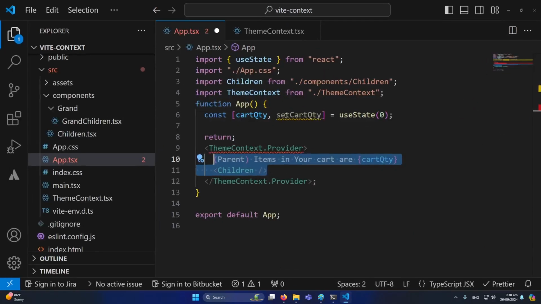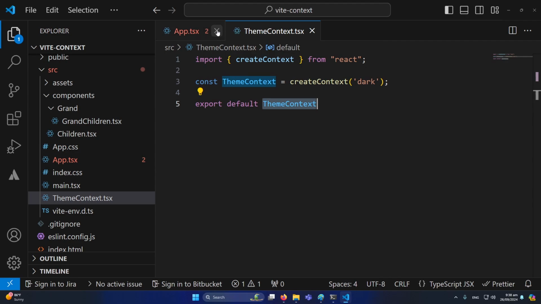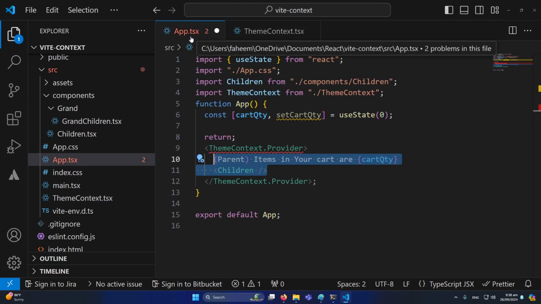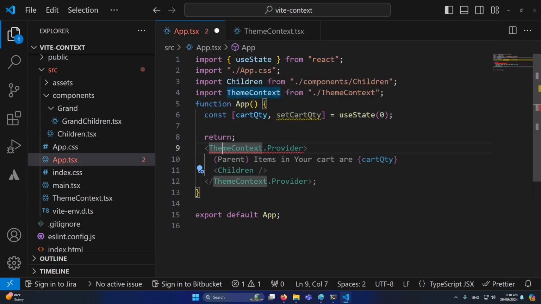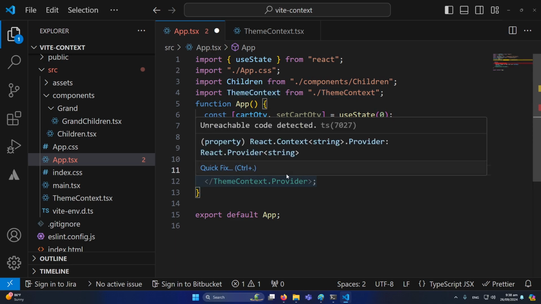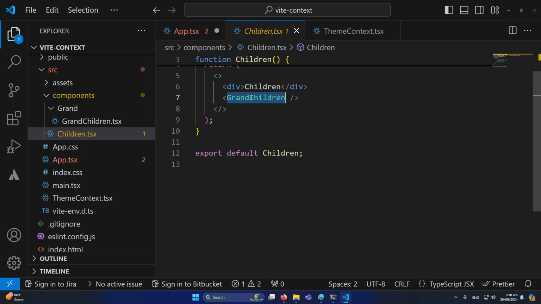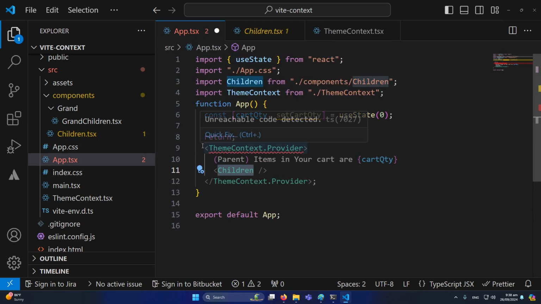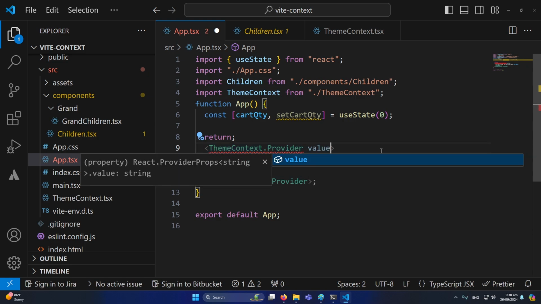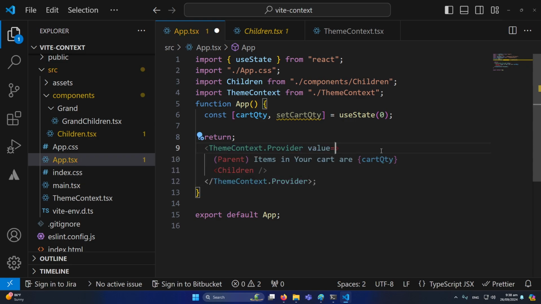So the first step was we have created a theme context. We have imported this in our app.tsx, and then you need to type here theme context dot provider. You need to wrap your children in which you are importing your other children. Like inside our children component we are importing our grandchildren, so we need to wrap this in theme context dot provider. The next step is you need to type here value is equal to, and here I will assign an